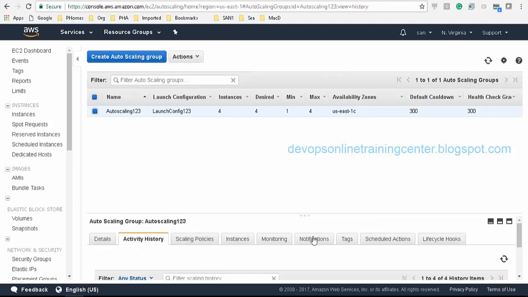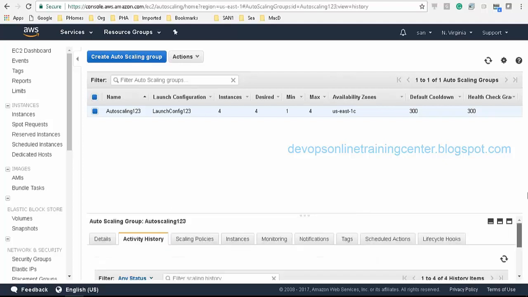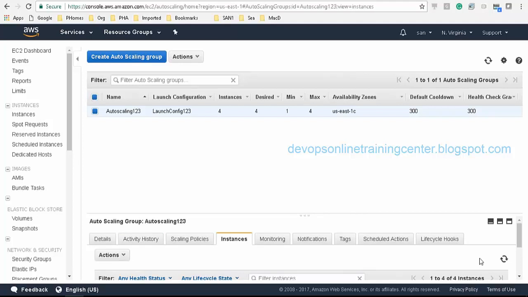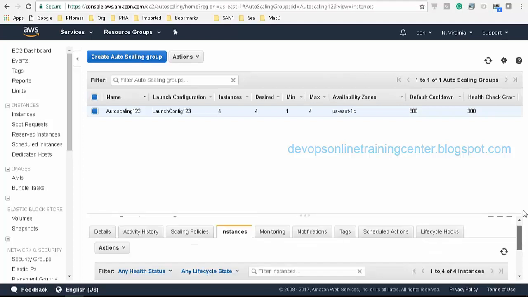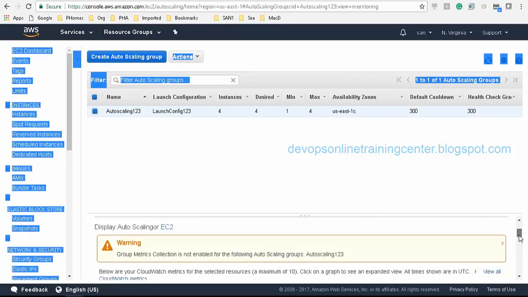There is the option to attach the auto scaling group to ELB. Scaling policies, instances. Auto scaling EC2.